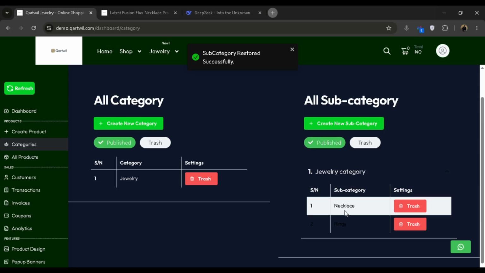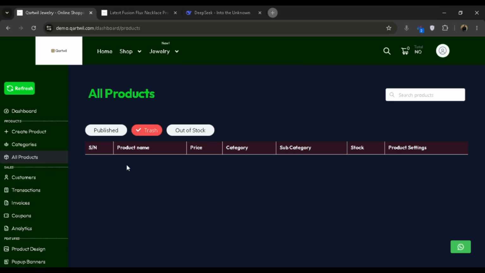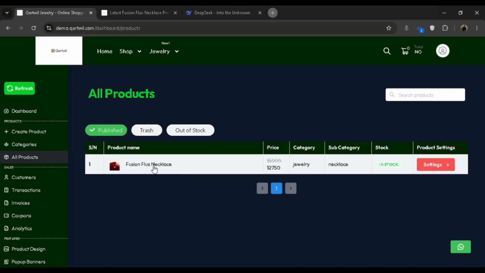As we can see, when I head back to products, I can no longer find the product in trash because it's been restored by the parent. All right, so just note that you can't restore a product whose subcategory or category is already in trash. All right, so let's just take